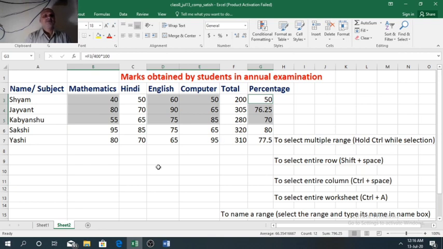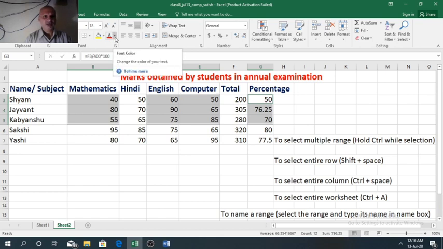Why do we do this selection of multiple ranges of cells? Suppose we want to make formatting in different cells, different ranges of cells. So wherever you want to make changes, select the range of cells like I have done here. Now you can do any type of formatting.